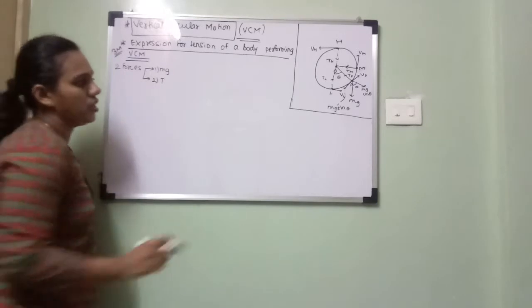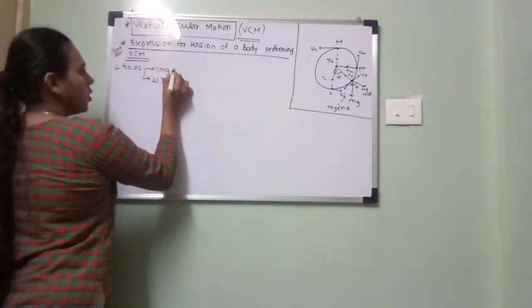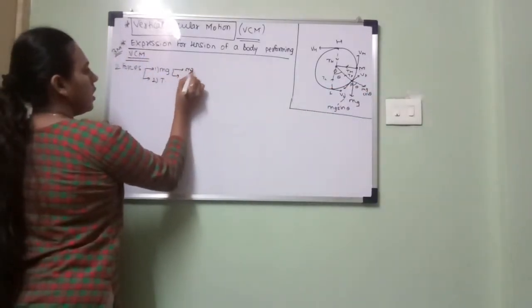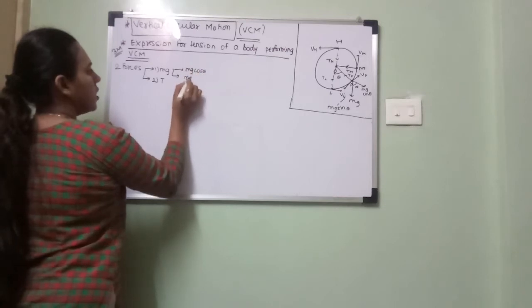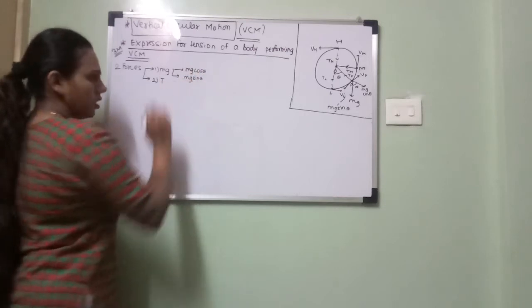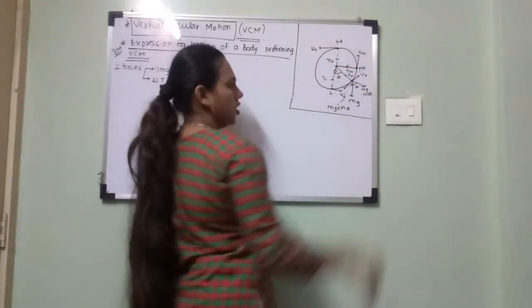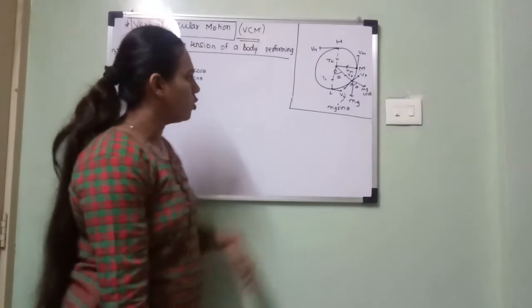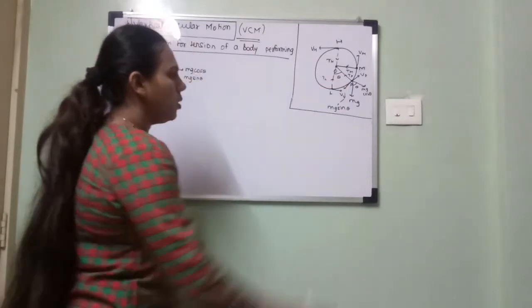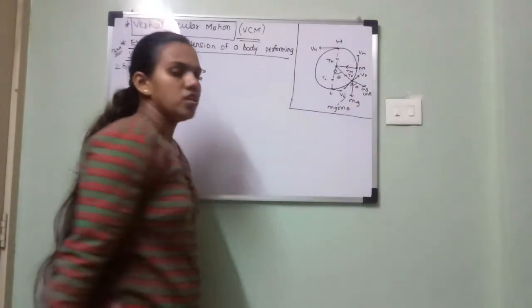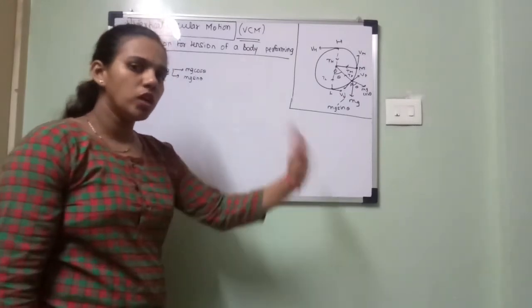First is weight mg and second is tension, right? Mg is resolved into two components, which are mg cos theta and mg sin theta, right? Now we'll consider the balancing condition. You want to derive the tension value. So tension at point P is Tp, which is towards the center. Centripetal force is also towards the center.